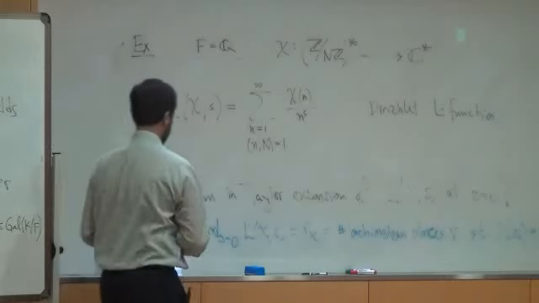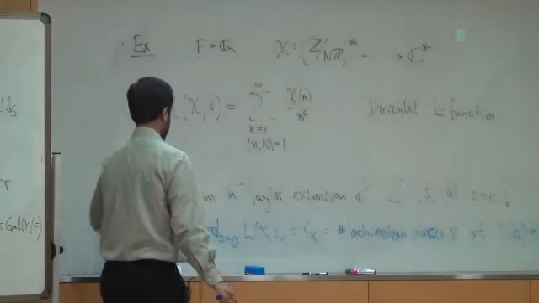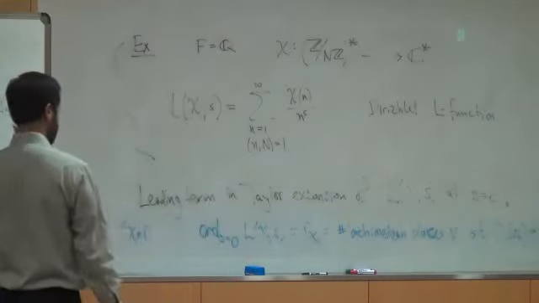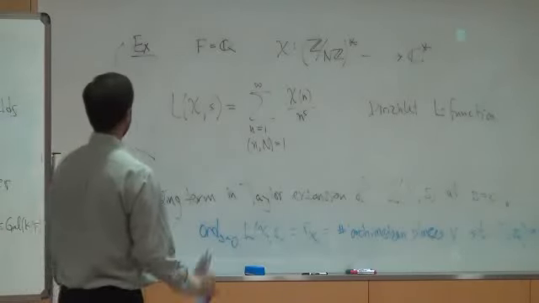And then, I mean, it's known what it is when chi is trivial, but let's not deal with it because we've already discussed the chi trivial case. That's just the Dedekind zeta function. Okay, so,